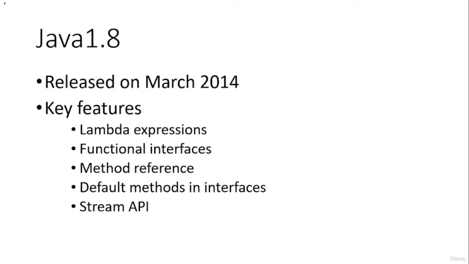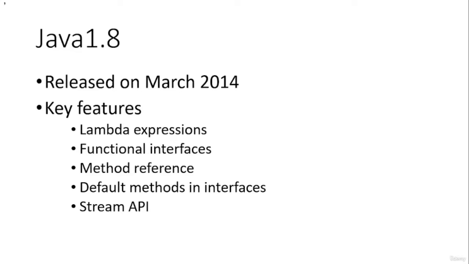Next, we will discuss functional interfaces. Functional interfaces are interfaces in Java with a single abstract method. We will discuss this in the functional programming lesson in our tutorial. Next, we will discuss method reference. Method reference is also a syntax which allows us to shorten the lambda expressions. We will explain method reference in the functional programming tutorial.